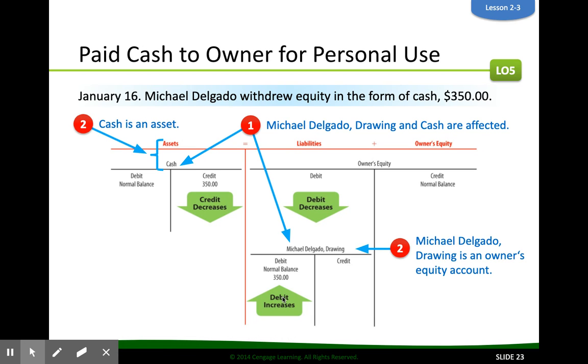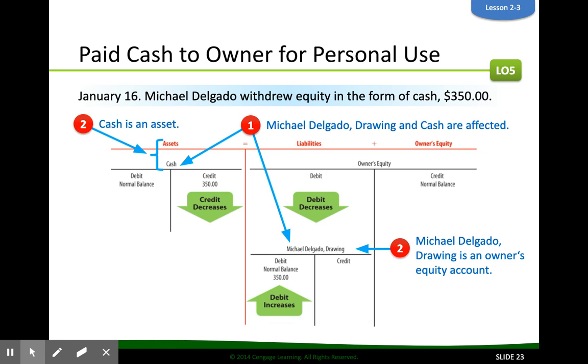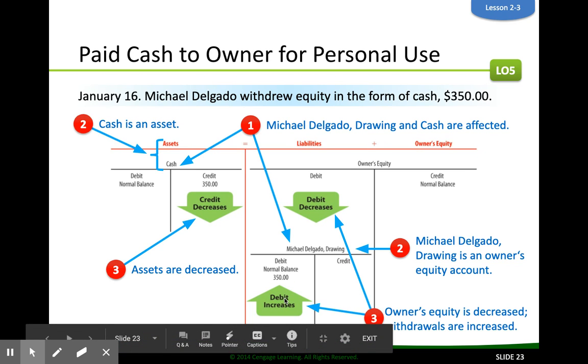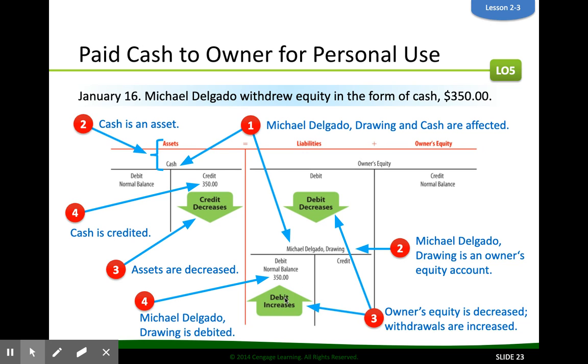Okay, cash is an asset. Michael Delgado drawing is an owner's equity account. We lost cash, so we're decreasing cash, so assets is decreased. Owner's equity is also decreased because we're losing value in the company. So how this transaction looks, you always have to have a debit and you always have to have a credit. We're going to credit cash and debit drawing. So that is what a withdrawal